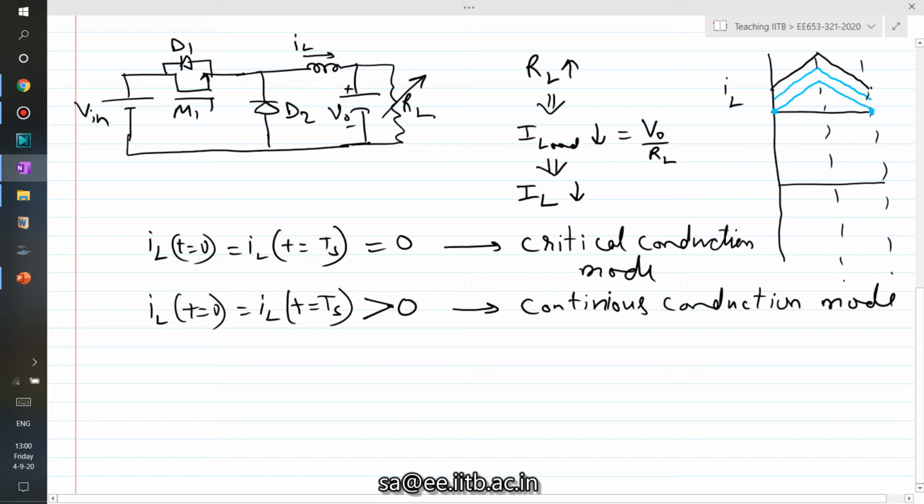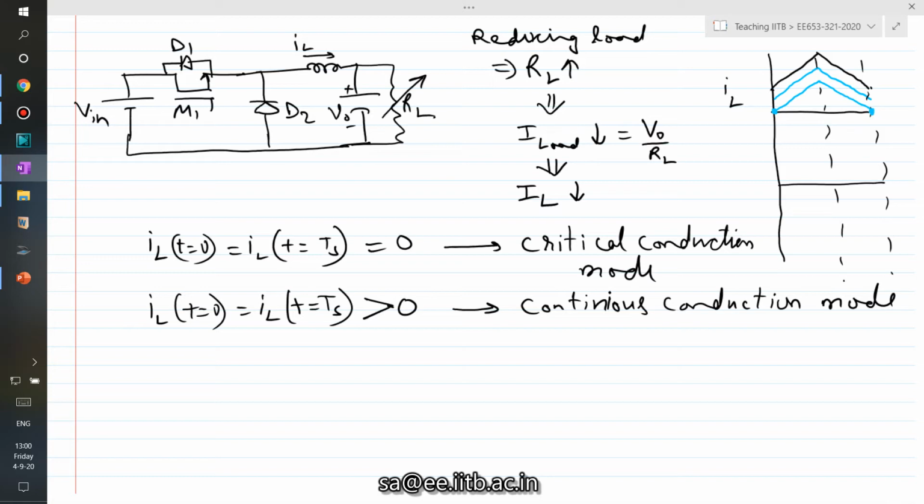Now, we have understood that as we increase the load resistance, sometimes we call it reducing load. When we say reducing load, that does not mean reducing RL. That implies increasing the value of RL. Generally, reducing load means reducing load current, right? So we would use this terminology, reducing load, which implies you are reducing load current. How would you do that? By increasing RL. It's a little bit confusing sometimes, but make sure you understand this way of defining increase or reduction in load.